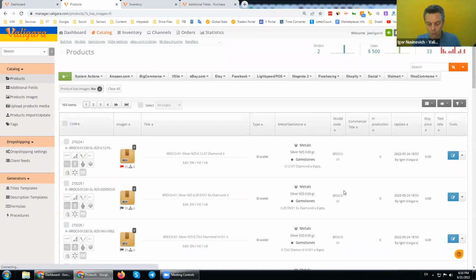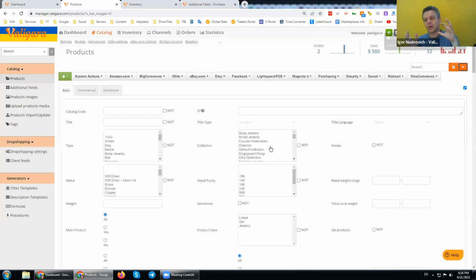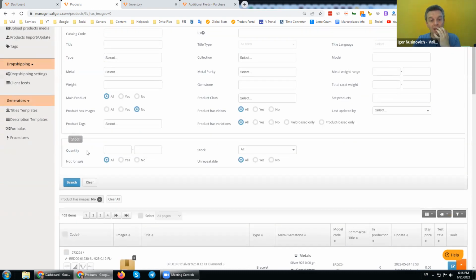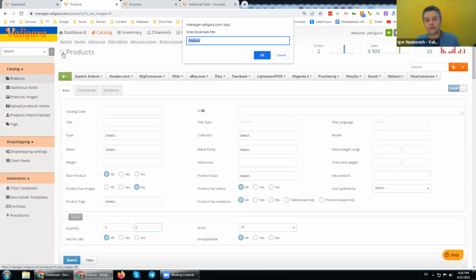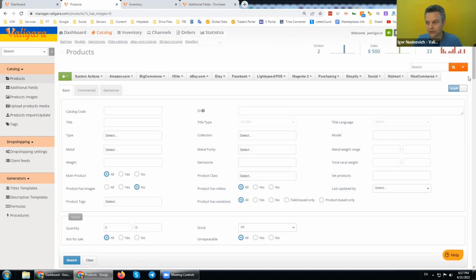If I quickly want to find the products that are out of stock or within the stock, it's the same. I will create the search, and after using the search once, I will add it by quantity. For example, I want to find only items with 0 quantity. After I search it, I will add it with a nice star to the set, and this UI will very much help.